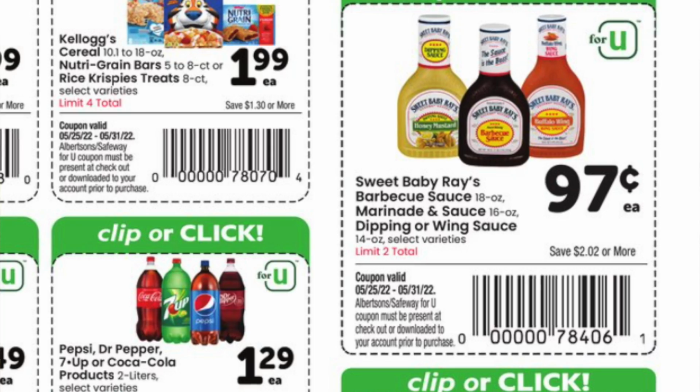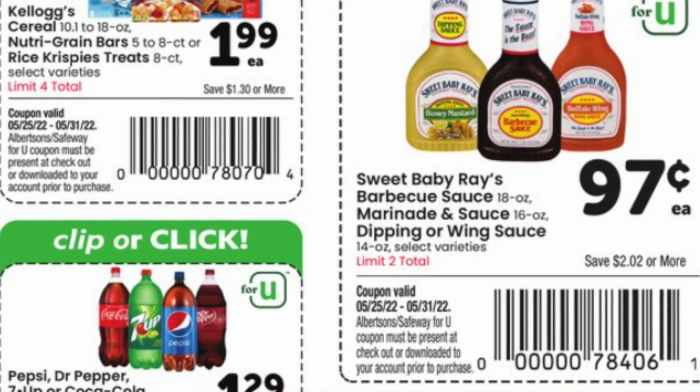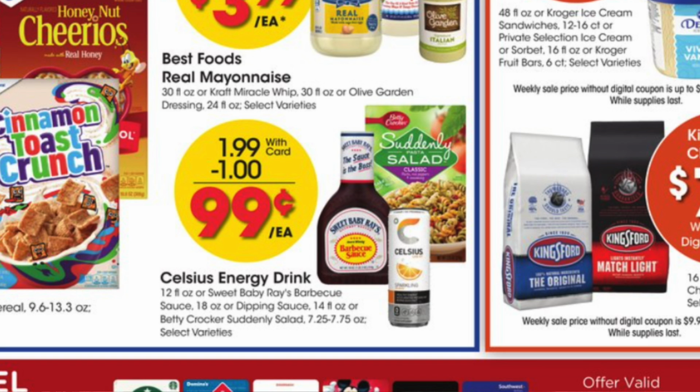First of all, there were several items on sale at other stores that normally I would not just shop at one store. Barbecue sauce was $1 instead of $1.97 at my local Albertsons. I saw on Kroger's ad that they had it for $1 this week. It's Memorial Day weekend. All your ketchup, mustards, and barbecue sauces, stock up on those right now because they're on sale. So I could have gotten 3 or 4 items for cheaper if I would have done my regular shopping,